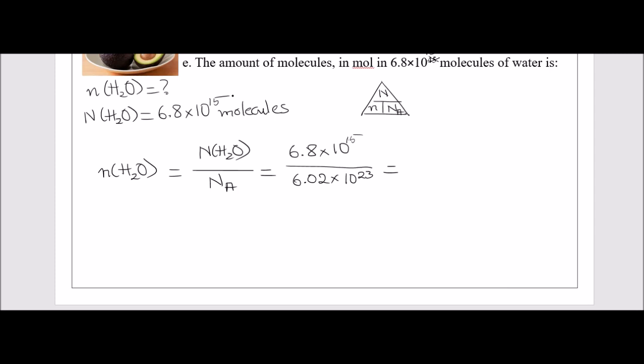Let's try to find that calculation. Okay. Now I have 1, 2, 3, 4, 5, 6, 7, 8. So 1.1 times 10 to the negative 8 mole. Right, so your worksheet is going to read as 10 to the power 15, which is actually a good exercise in being able to write scientific notation and using exponential